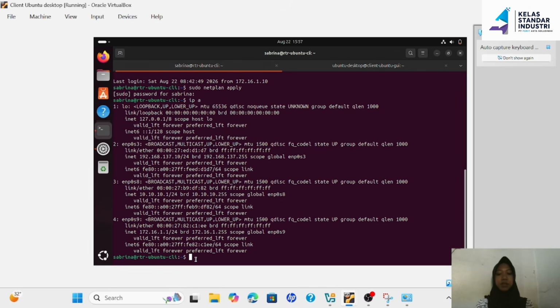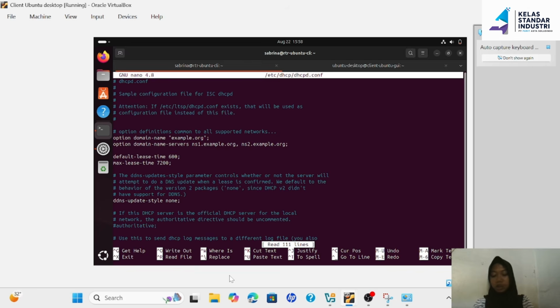To configure the fixed address, we can enter the command sudo nano /etc/dhcp/dhcpd.conf. And then press enter.